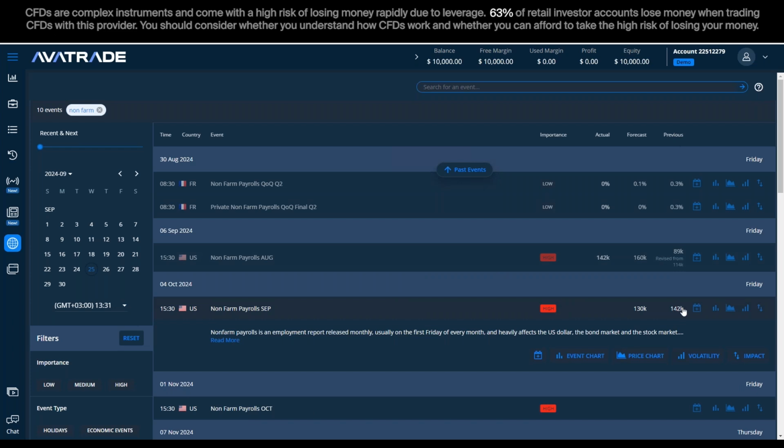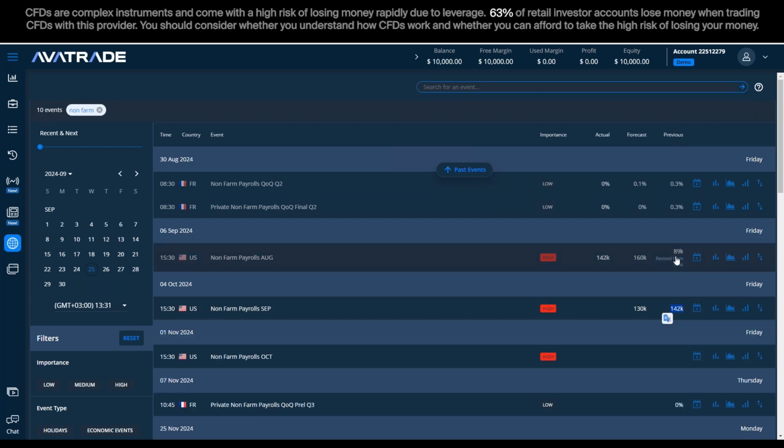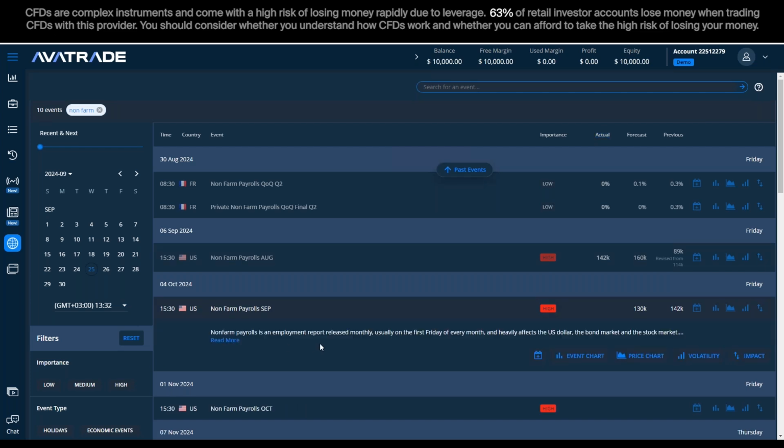So we see the previous result, right? This is the previous result, sometimes revised. And we have the forecast, which is again what we are expecting to happen. And the actual, as you can see here, is missing. Why is it missing? Because it didn't happen yet. This event here hasn't happened yet. Now, what exactly should we expect out of the numbers here? Obviously, because this is a positive, not necessarily a positive event, but what this report means is all the new jobs applied to US besides